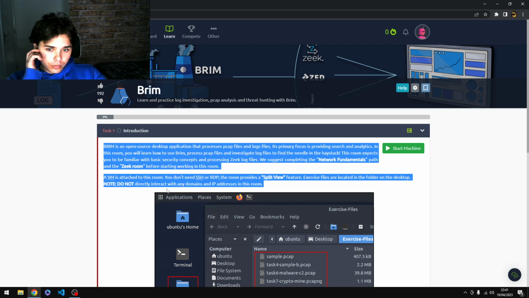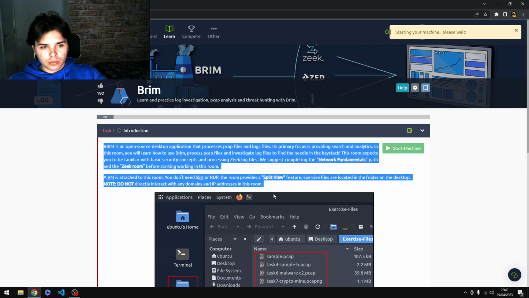Brim is an open-source desktop application that processes PCAP files and log files. Its primary focus is providing search and analytics. In this room, you will learn how to use Brim, process PCAP files and investigate log files to find the